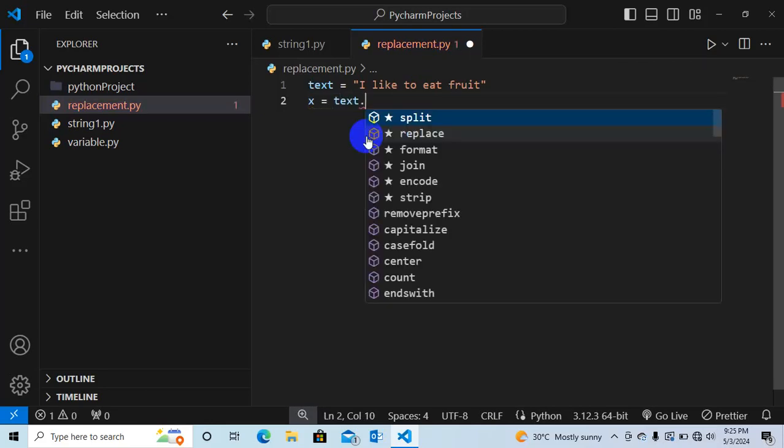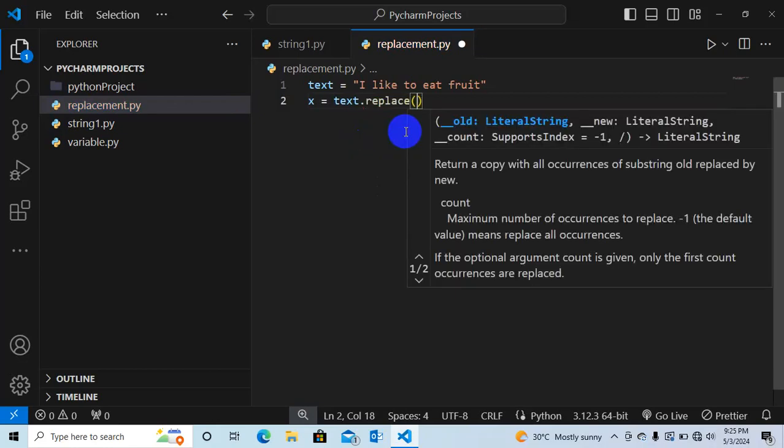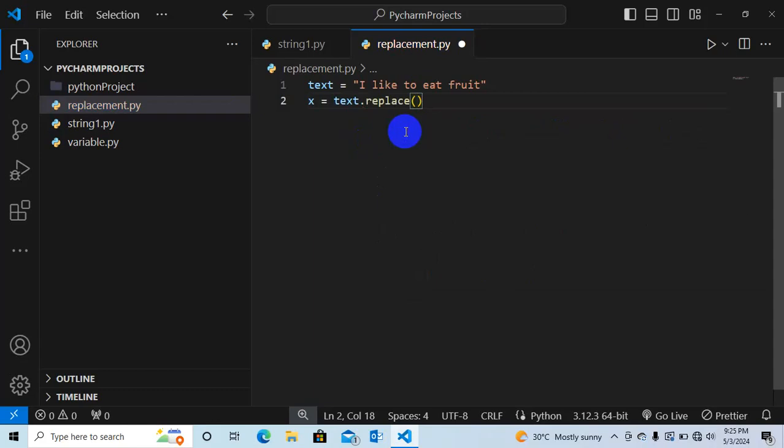In here, I can state the word I want to replace, which is fruit, just how I spell it.